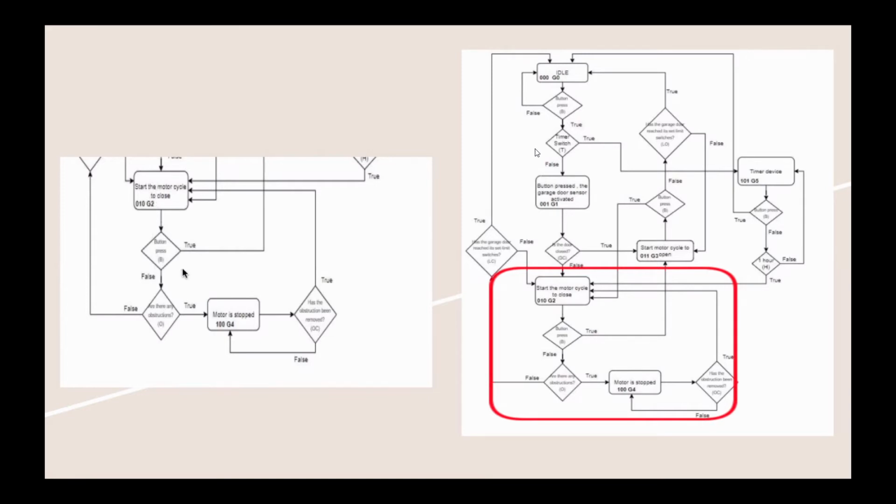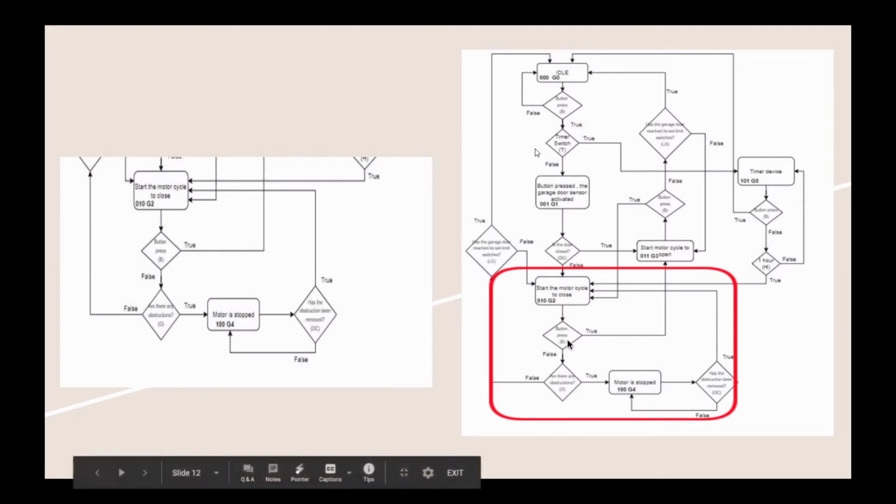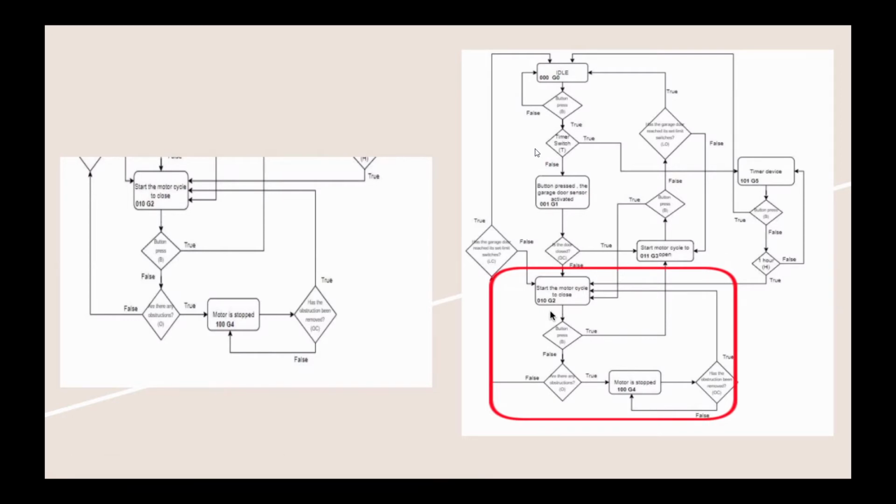But if, let's say, there are no obstructions, we're giving the all clear, and that is a false. We are going to go up, and then we have another limit switch. This time it is to close our garage door. And as long as that input is false, we are going to go back to our state. So that means our motor is not going to stop. It's going to keep on closing until it reaches that set limit switch. And it's going to continually keep on checking to make sure there aren't any obstructions or any further obstructions until it is fully 100% closed, until it reaches that limit switch, which again is why it is not recommended that you mess with that unless you're a professional